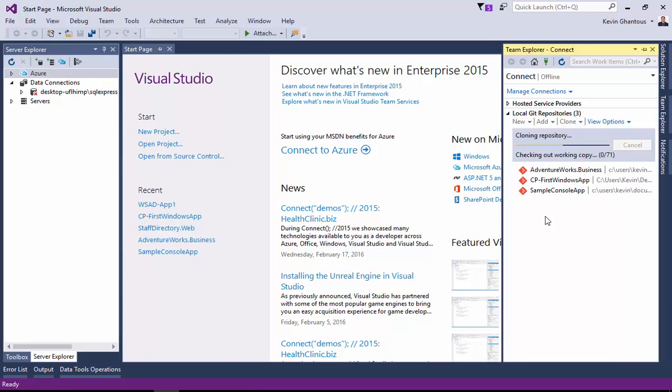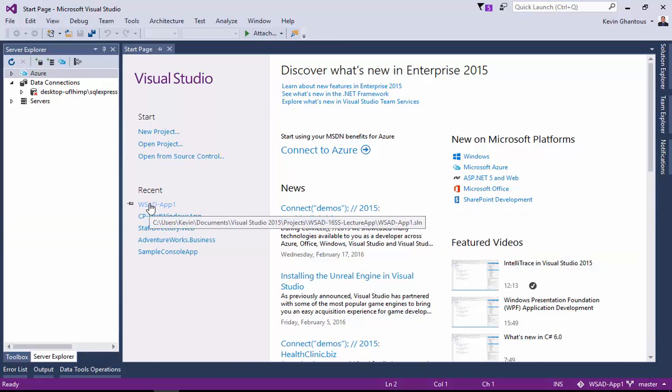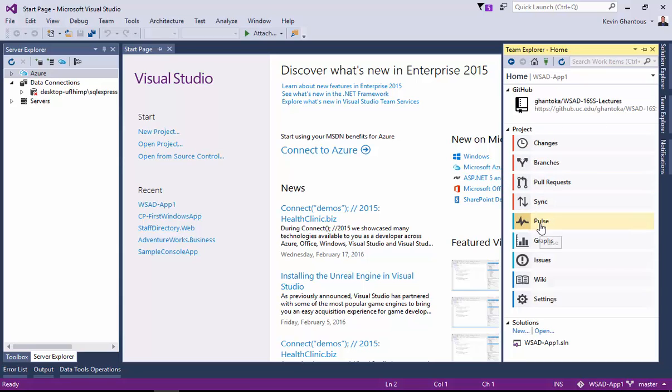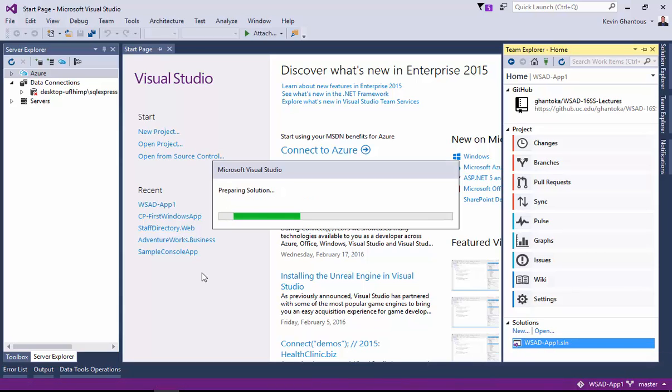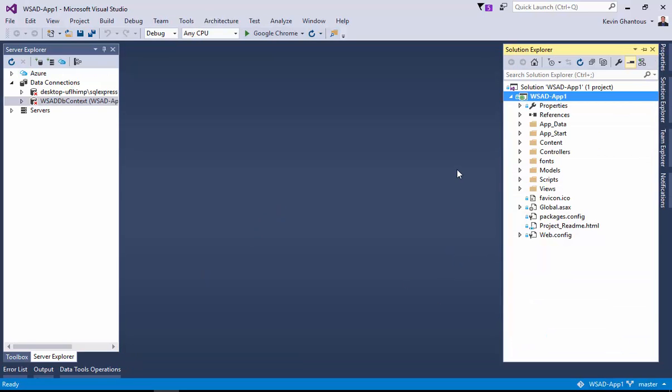And what's happening is Visual Studio is actually going out to GitHub and it's pulling down the entire project and recreating it in the necessary folders. So now when I come back here and I click this link, or I can do it under Team Explorer, I can double click on this repository. It'll open up that home screen and there's a link to the SLN file right here at the bottom. So I can double click that. And that will then open up the solution. So we now have our solution just as we did before. It's come down from GitHub and been loaded into our computer locally